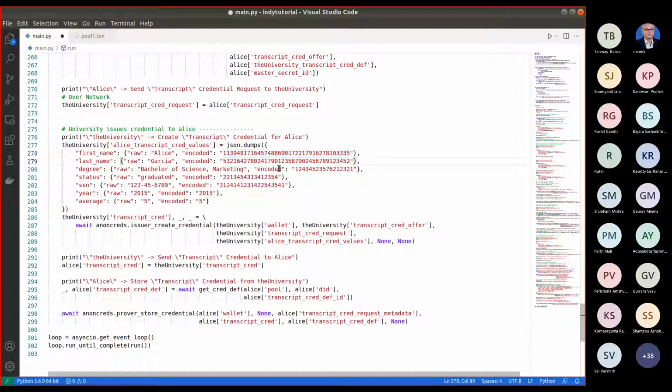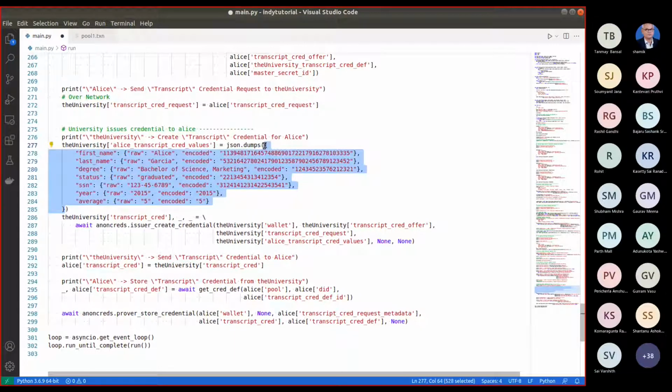It has the raw values and also the encoded values. You can see the average, some average score, and then the name of the degree, and status is graduated, all these things.